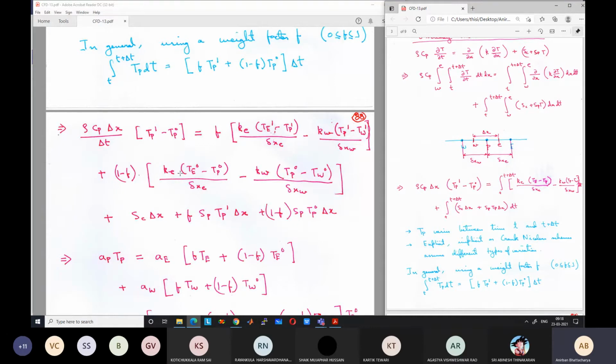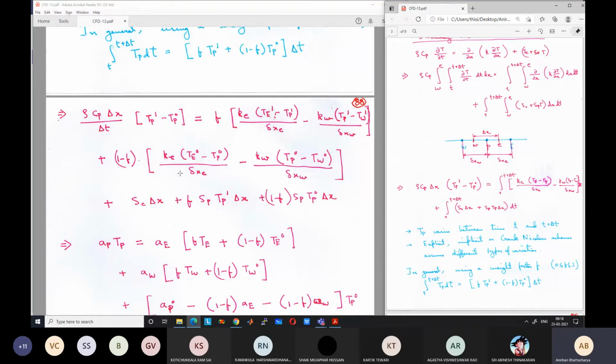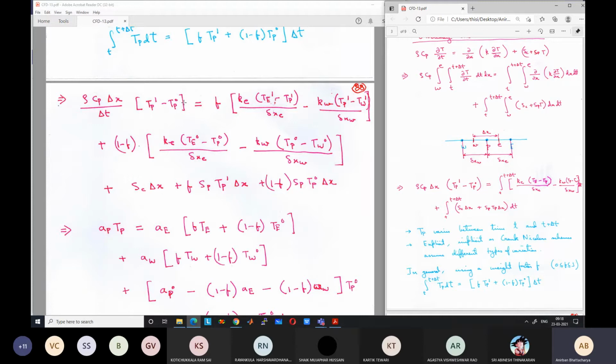Now we can rearrange the terms. So what are the unknown terms? All the 1 terms are unknown. Tp1, Te1 and Tw1 are unknown. Tp0, Te0 and Tw0 are known. All the 0 terms are known because they are from the previous time step value, and previous time step values are known for solving at this time step. So if you accumulate all the terms together,